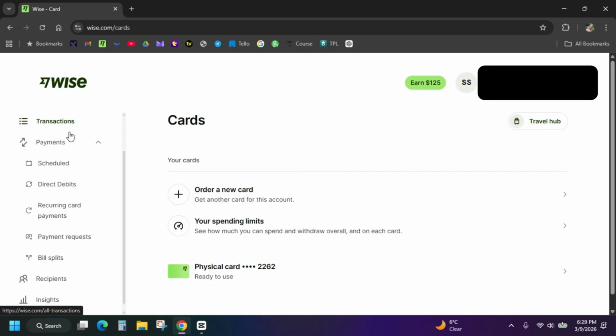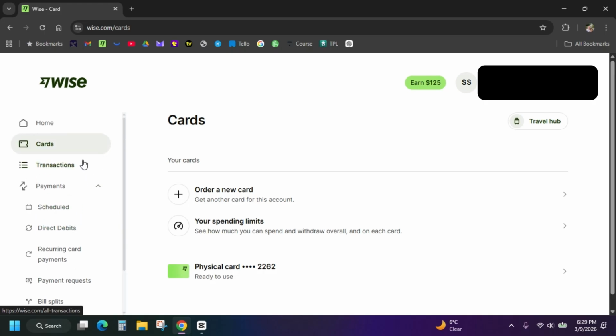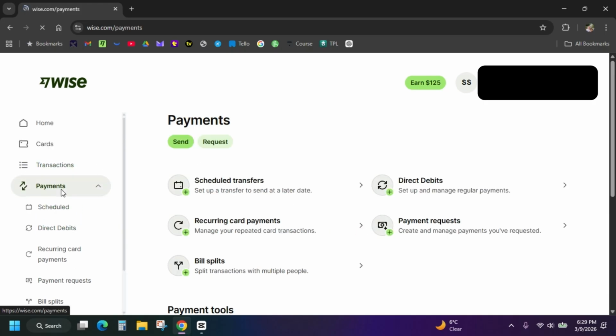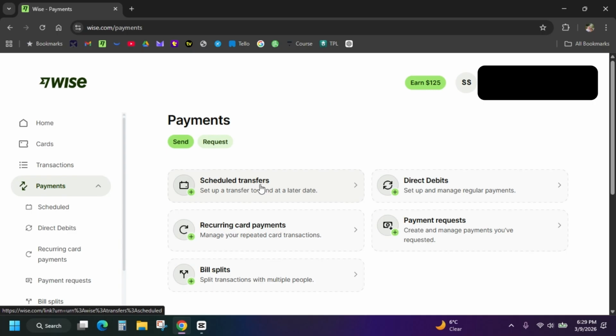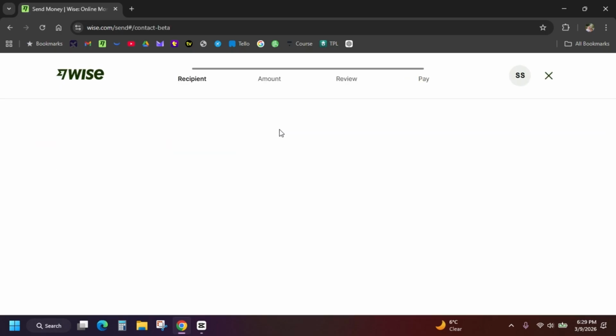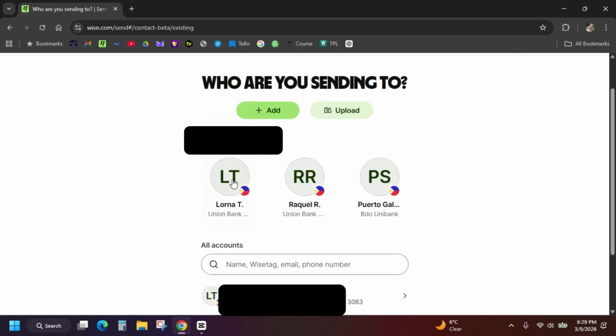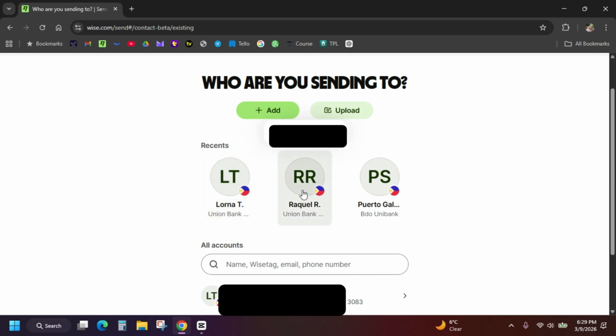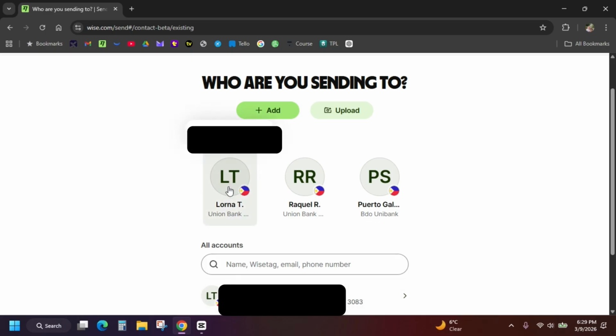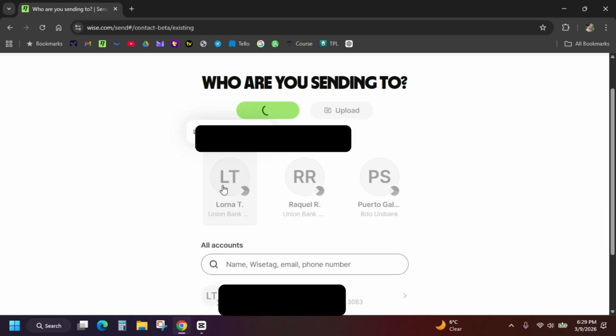Just two other things that I like about the Wise app is you can set up payments. So you can transfer money, schedule it. You can send money to people that you have already set up. So if I hit the send button here, you'll see I have my girlfriend Lorna. I have my landlord here. When I pay my rent, I can just click that and then put in the amount and off it goes. And same with Lorna. Click that, put in the amount I want. So if I want to send her money,